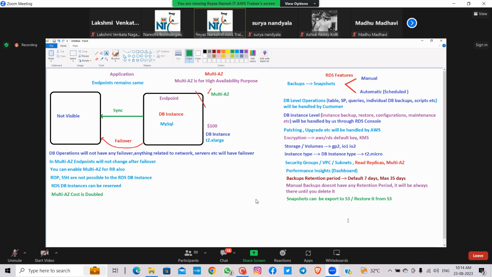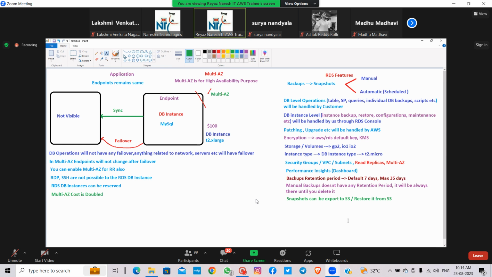Similarly, there is a question: where are the snapshots stored? Snapshots are stored in S3. Do we go and configure S3? No. It is AWS-provided S3.